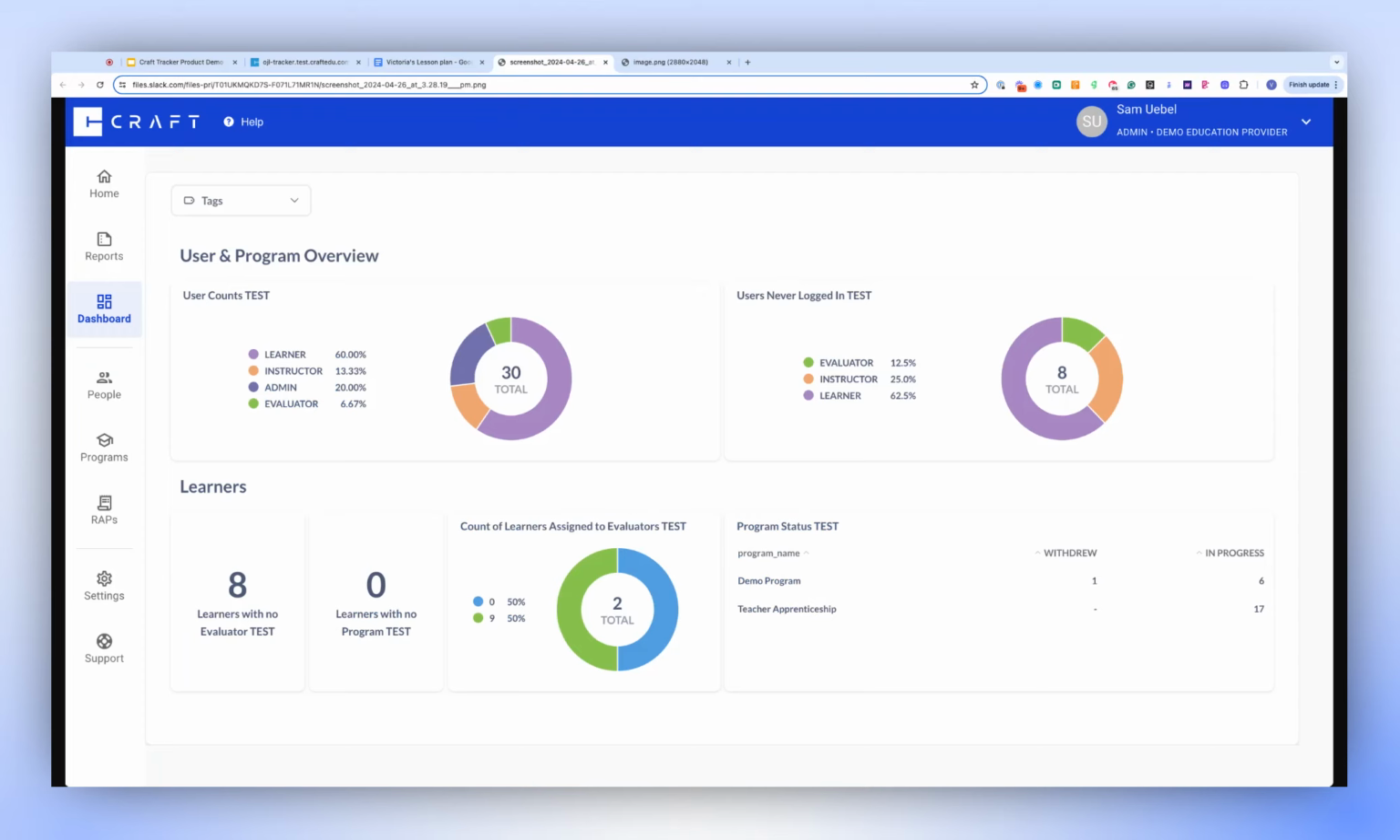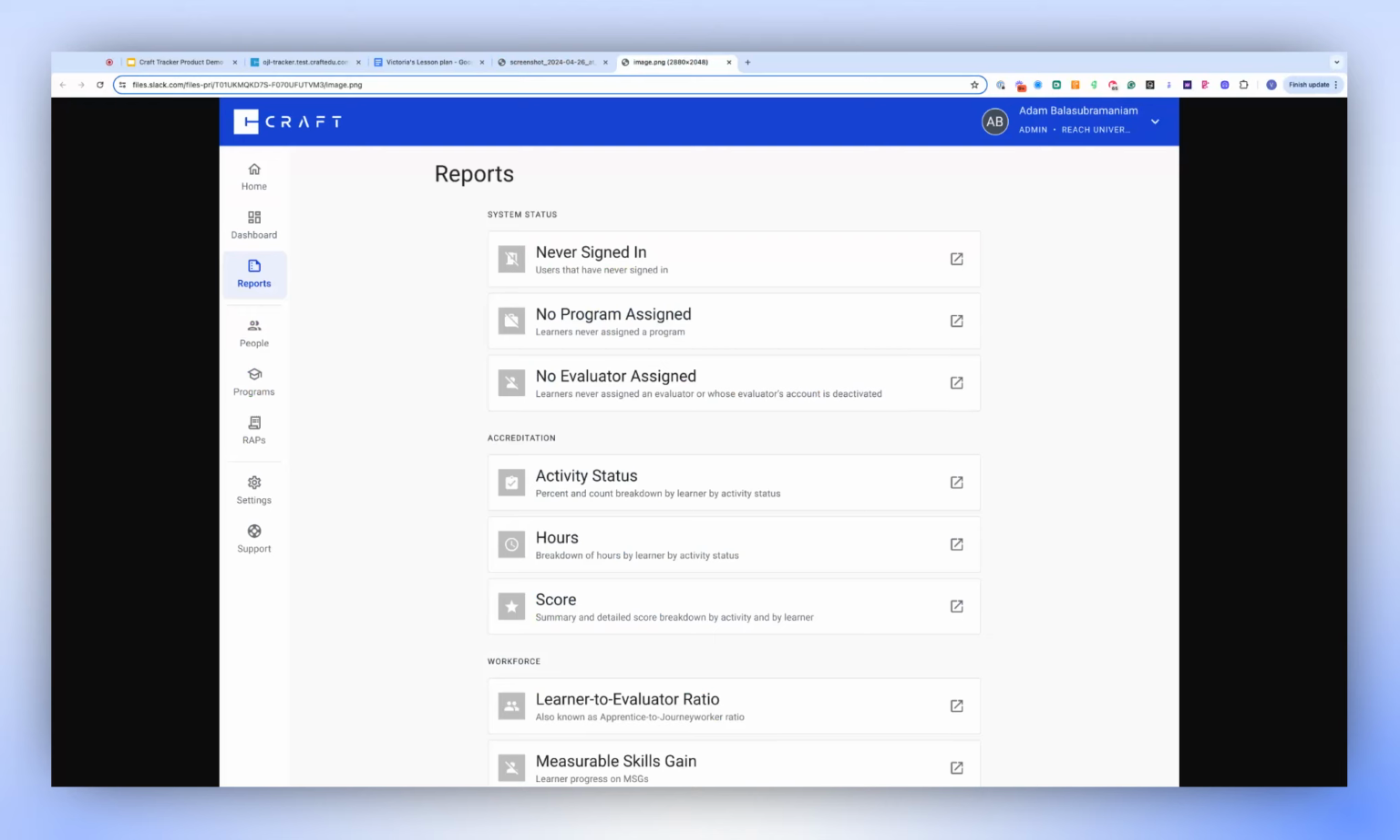Reports will provide summary and detailed information about specific pieces of your system, programs, and users. They will also be curated reports for your accreditors and workforce boards that can be exported and shared ad hoc. Here is where you can dive into the details, sort and filter how you want, and then export any data